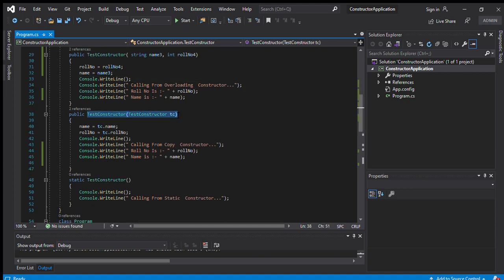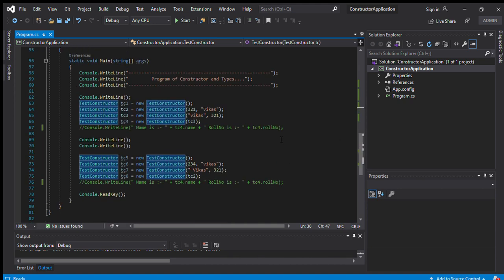The fourth one is the copy constructor. What is a copy constructor? A copy constructor is a copy of an existing object of the constructor.